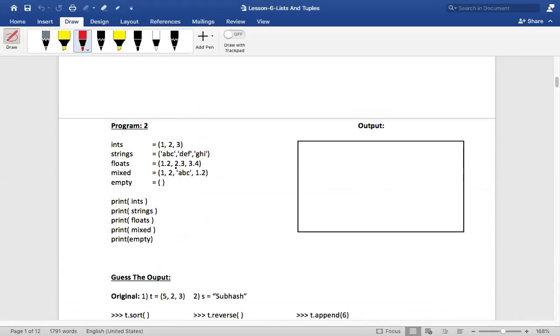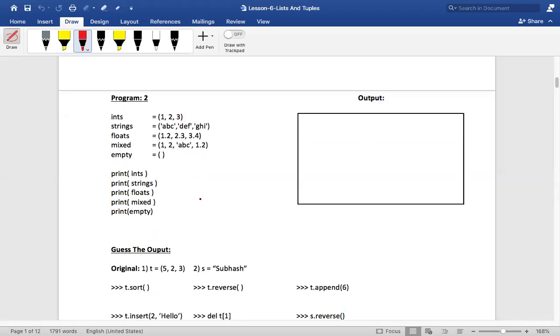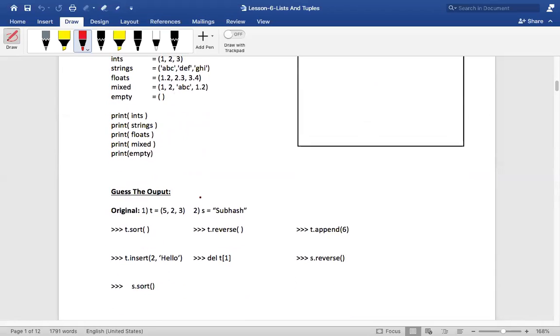Tuple is immutable. That is, you will not be able to change the elements, isn't it? That is, tuples are allocated read-only memory. You cannot make any changes to these elements. It is fixed. That is the difference, right? And for the list, you indicate it with square brackets, and for tuple, it is with small brackets, right? I think I've told you this a number of times.